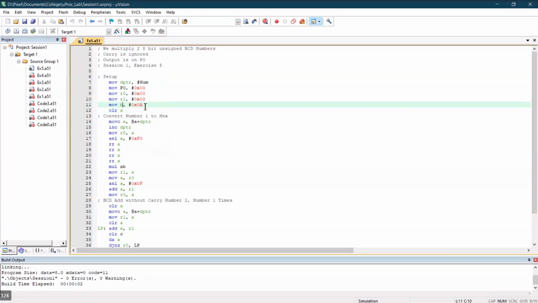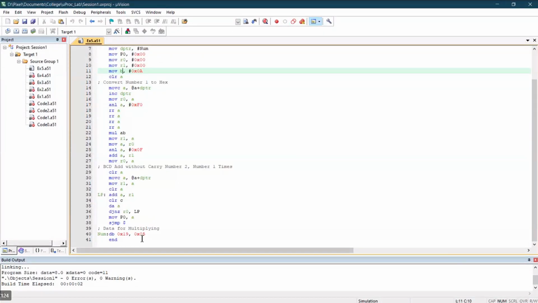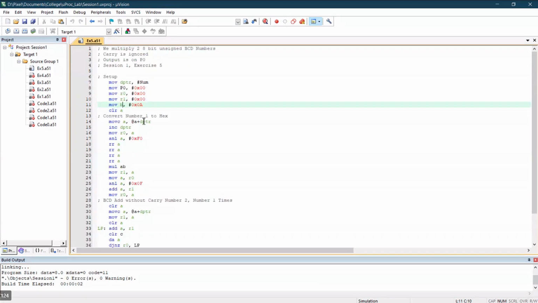Accumulator B is set to 0A because we're going to use this to convert the BCD number to hex. We start with the assumption that the two numbers supplied are in BCD.